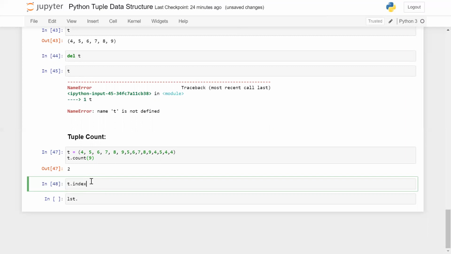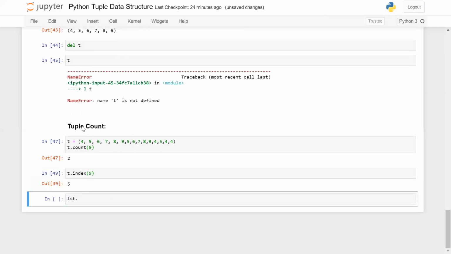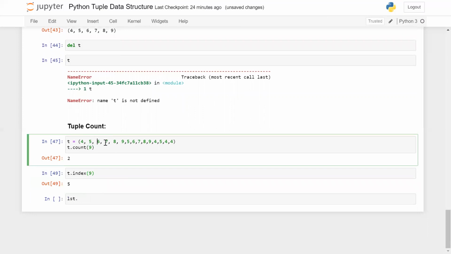T dot index of 9 is giving me 5: 0, 1, 2, 3, 4, and 5. Okay, so it returns the index of the first occurrence of the element in the tuple. These things you need to remember.